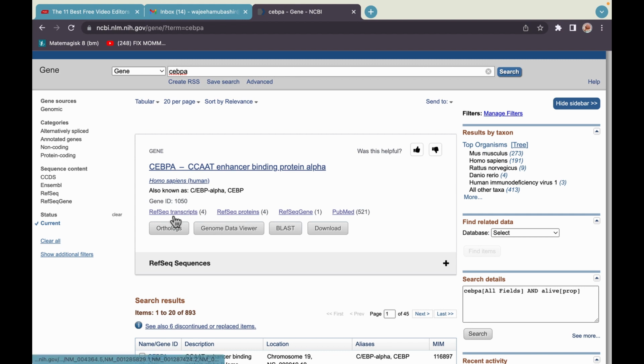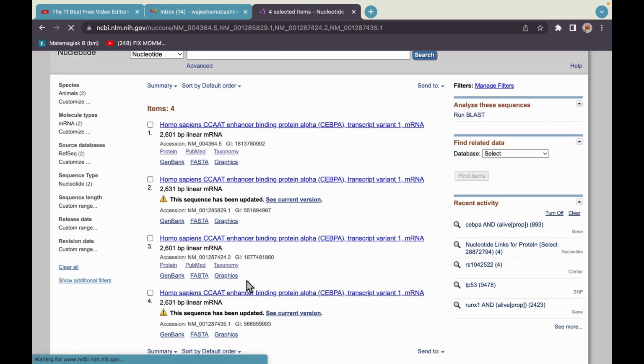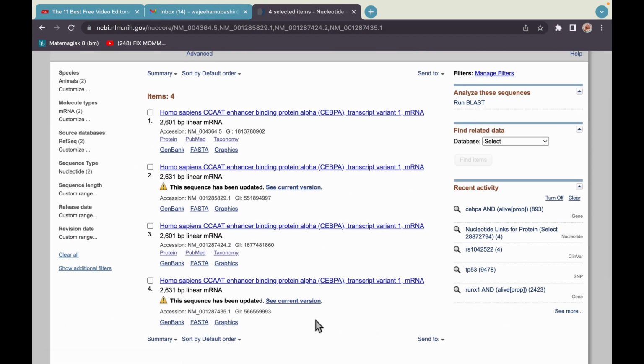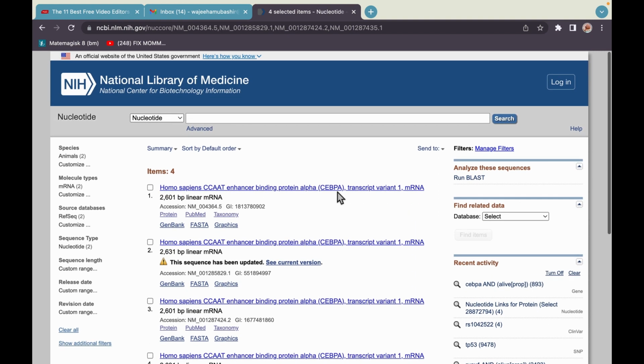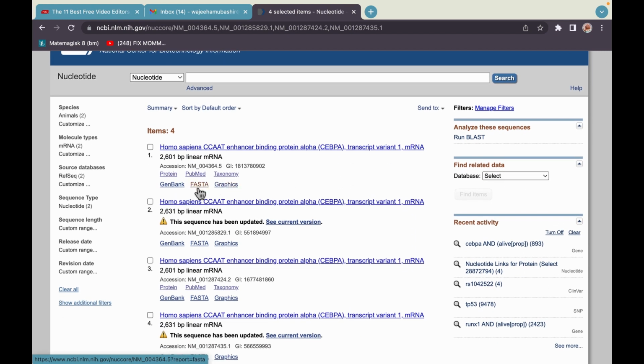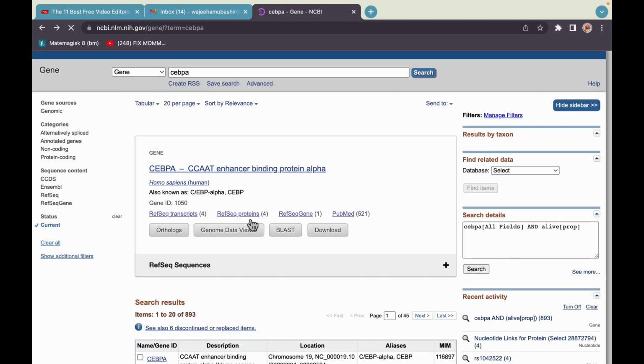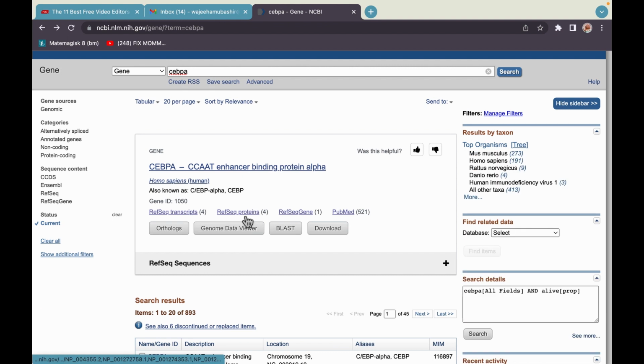If you want to search the reference sequence transcript, there are 4 transcripts in CEBPA. A transcript is basically the messenger RNA nucleotide sequence. Basically you can get the FASTA sequence of nucleotides. Okay, let's move backward. We can also get the reference sequence of proteins,